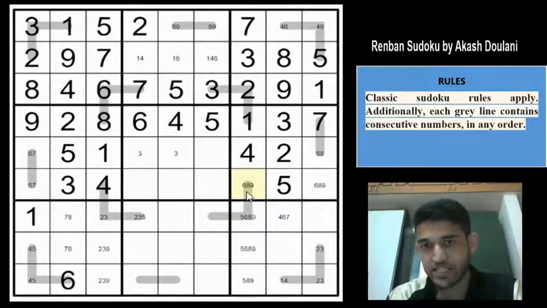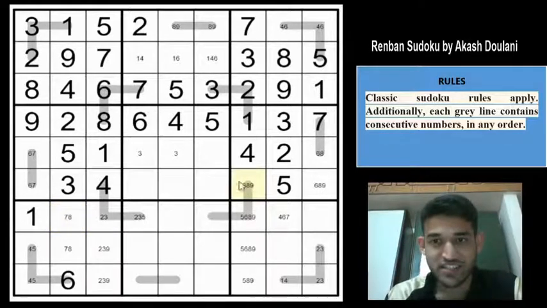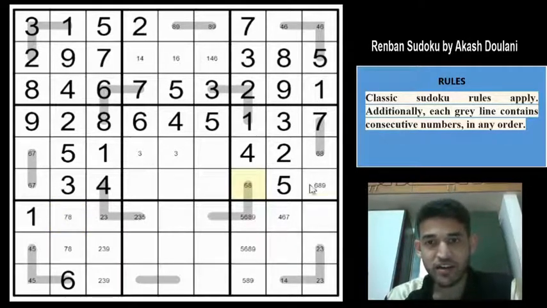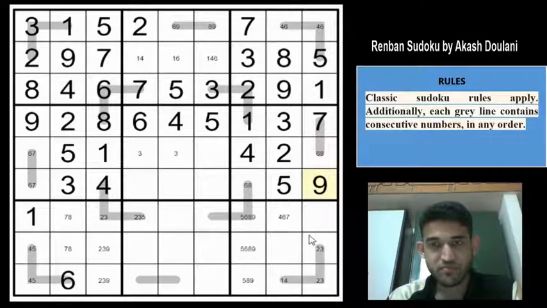So we have a very sharp deduction now. Can you have a 9 in this cell? If you have a 9 here, then these two cells must be 7 and 8 to satisfy the Renban line. But the moment you put 7, 8 here, we cannot have any possibility in row 7, C2. What a deduction, guys. What a deduction. So you can eliminate the 9 from here. So this must be a 6, 8. And there is a 6, 8 pair now. So this must be a 9.